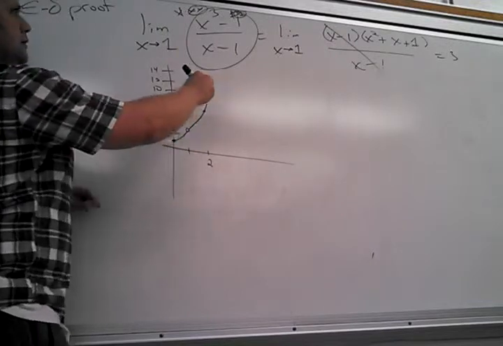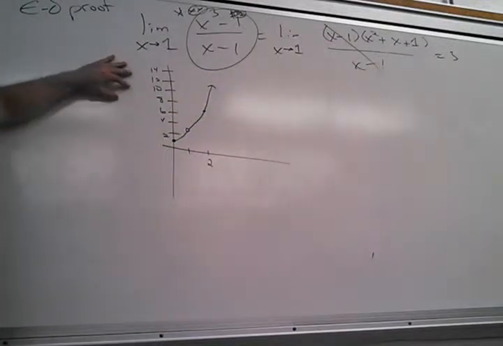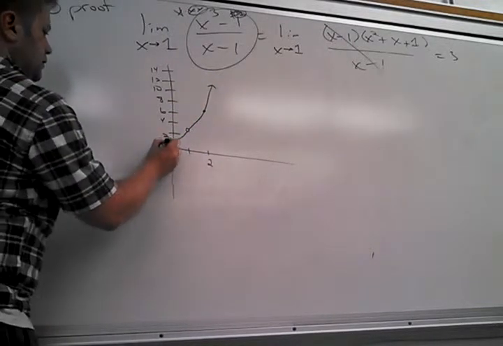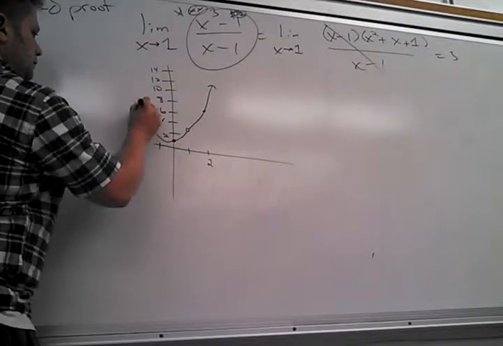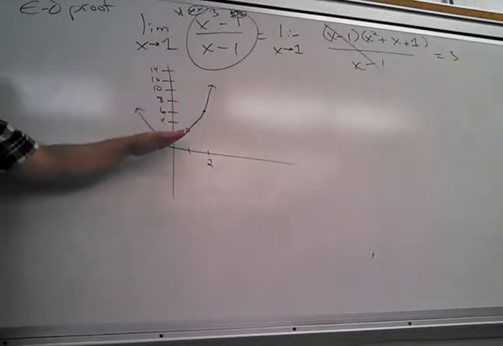So it's this parabola. The vertex is at negative 1/2 something. So the vertex is down here somewhere, whatever it is. And then it goes like that. But I'm mostly just curious about this side.